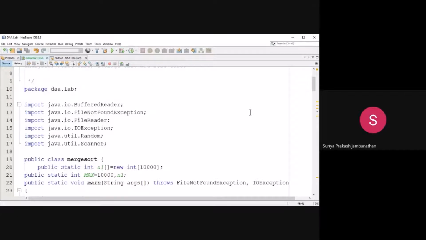And next to that, the FileReader package is used to read the content from the file. Whatever the file we are reading from, the particular content has to be read. For that reason, we are using the FileReader package. Next to that, IOException is used for input output exceptions. Any exception that happens in the place of input. For example, the n value we have to get as an integer. If I'm typing a string, that comes under input output exception. So that type of case has to be handled properly by the program. In that place, we are using IOException to raise the exception and run the program in a safer way.